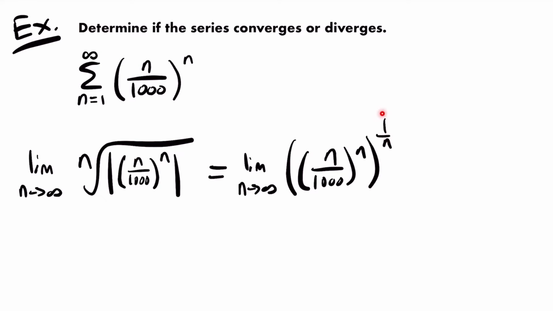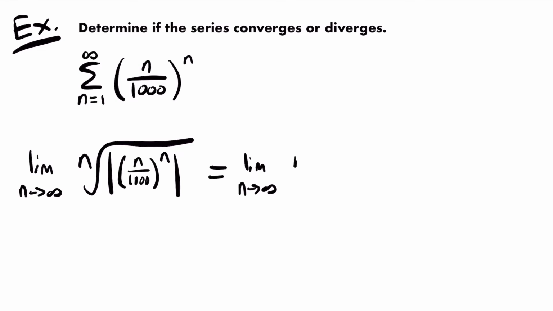All right, but now the nth root and the power of n will cancel each other out, and so we're just going to be left with that rational expression, n divided by 1000. Now let me just rewrite that so that it's next to the limit notation here. Now we have the limit as n approaches infinity of n divided by 1000,